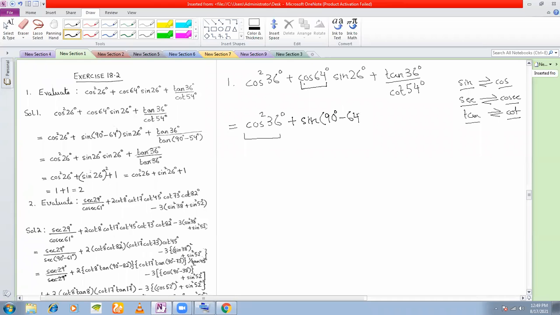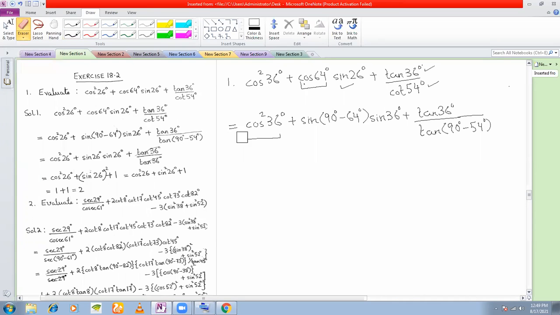90° minus 64°. And this sine I write as it is. Now look at this, tan 36 by cot 54. Here also, if you see it, this is also a ratio, right, of tan and cot, and you know tan can be changed to cot. And what you also see is that the sum of the angles here, 36 plus 54, is also equal to 90. So what you can do is you can change any one, either tan you can change to cot or cot you can change to tan. So let us change cot to tan. In the denominator you have a cot, change it to tan. 90° minus 54°.